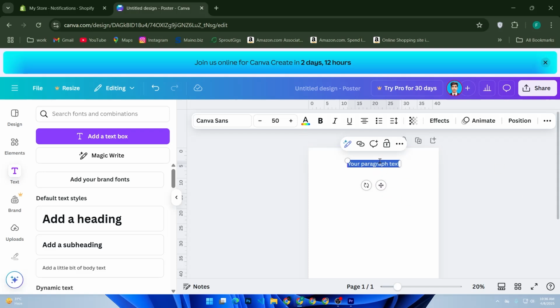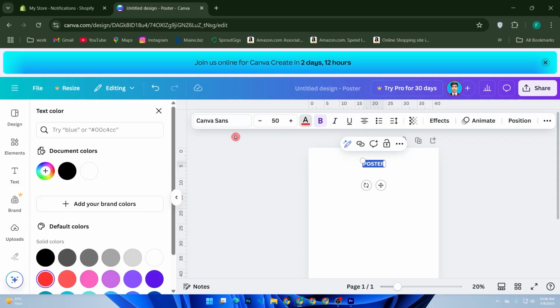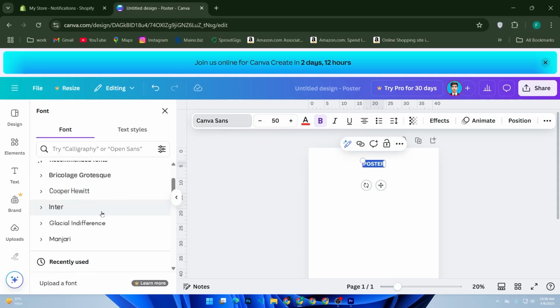Select the title, like poster. Replace the text. Write poster. Then customize it, like bold, then color, like red. Fonts